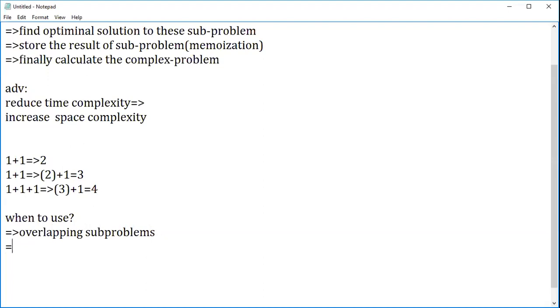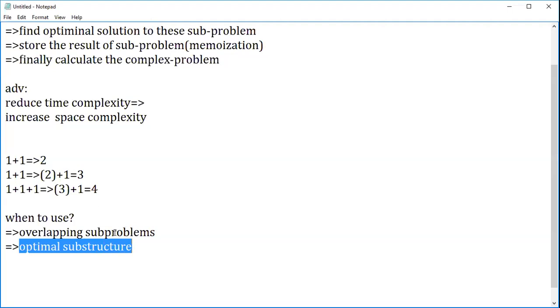And one more thing is whenever you are looking for optimal substructure. What is optimal substructure? Here, the smaller problems are substituted for the higher values. It goes in a hierarchy where the complex problem depends on the smaller subproblems. It is following the structure, right? This is called optimal substructure.